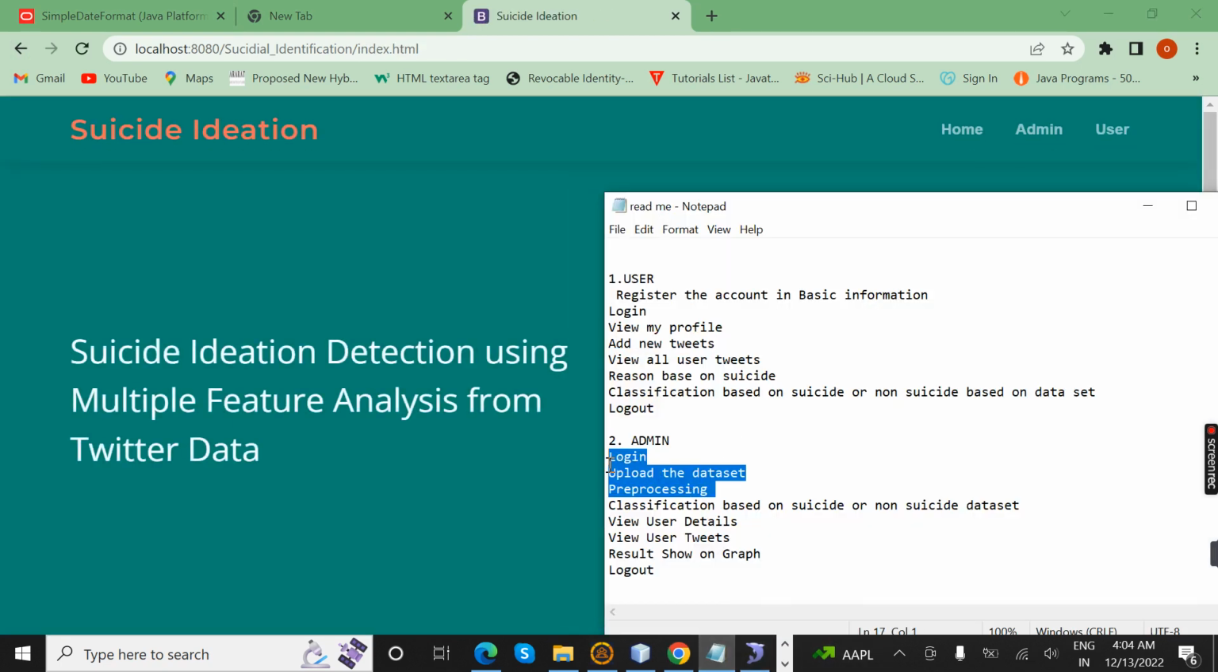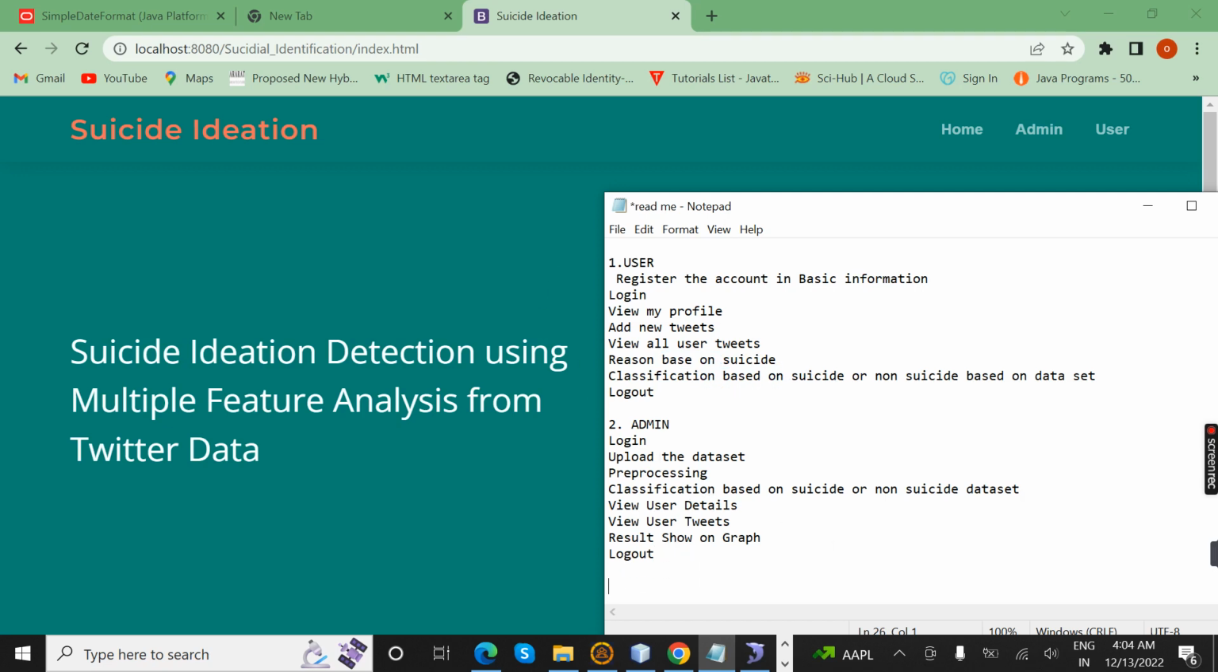So here in this project we have executed it successfully. First of all, the admin will upload the data set for pre-processing. After that we classify it based on suicide or non-suicide in the data set. The most important thing is that the data set shows the reason and the classes for each and every data. Then the user comes, and the user will add new tweets. After that the new tweets will be considered based on the suicide reason, based on the classification of suicide or non-suicide. So here this project has been executed successfully, and finally